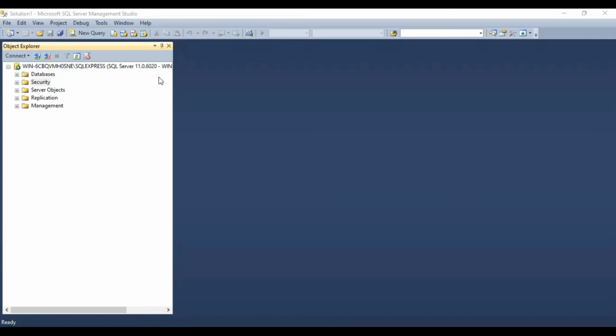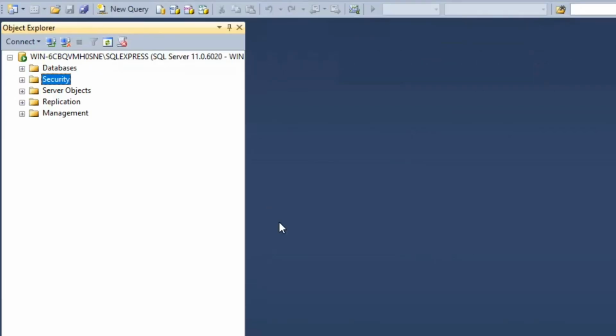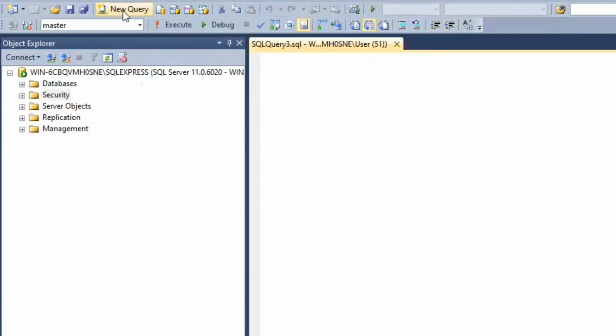First you have to download the SQL Server from Google, and you can easily download it from the Microsoft website. After that, you can see this in front. From that, you can click on this New Query. So this empty page will come in front, and after that you can